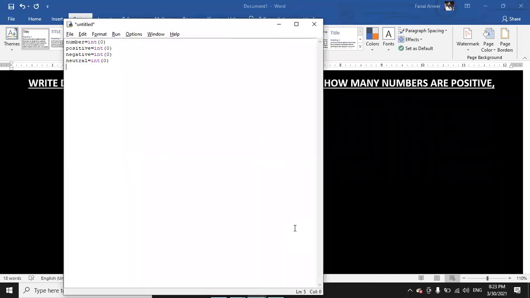Now, to input more than two numbers, I shall take the help of a for loop. A for loop is basically an unconditional type of loop, and it is a better choice in this program. The structure of a for loop in Python is: for count in range(1, ...). First, I am checking for 5 numbers only, so I shall mark it 1 comma 6. 1 is the initial value and 6 is the final value. It means count will go from 1 to 5.